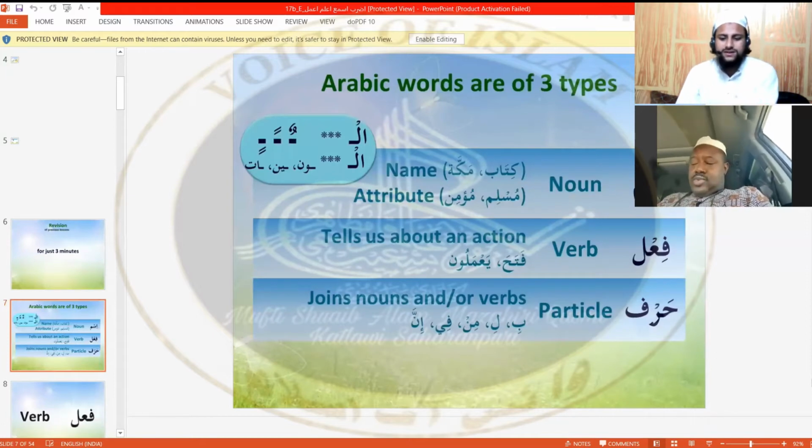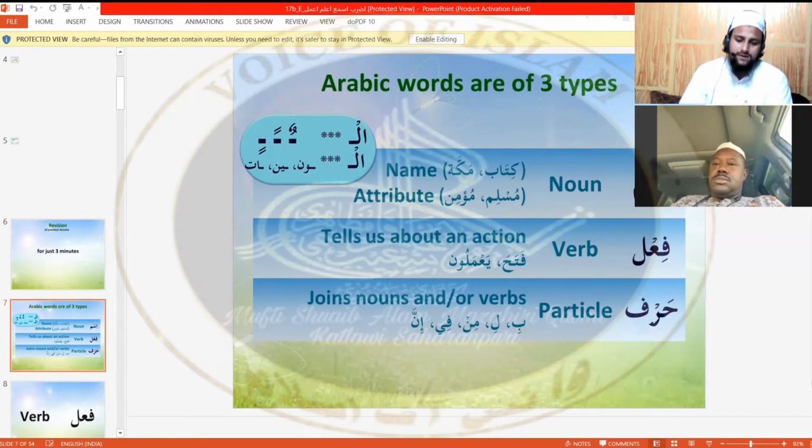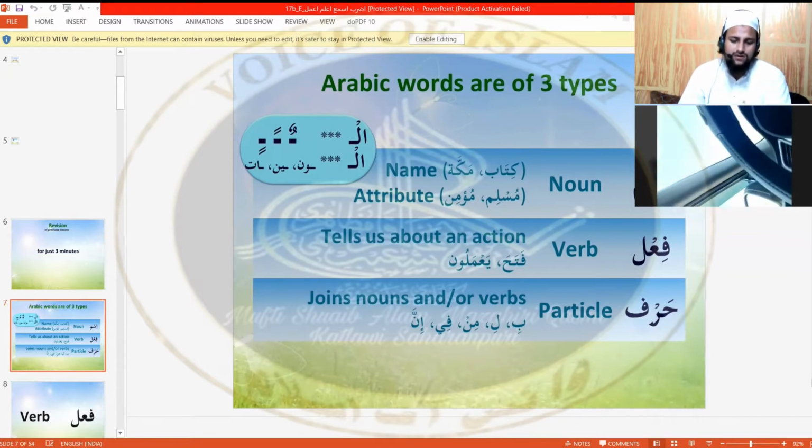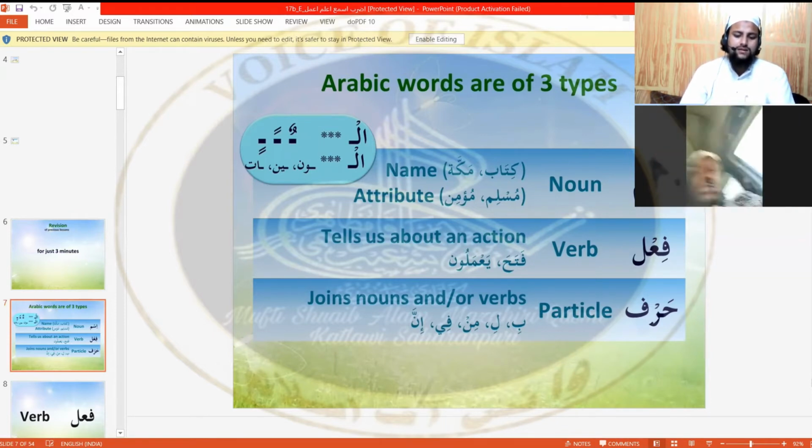Arabic words are of three types. You know as well, mashallah: noun, fi'l, verb, harf, particle. The signs of noun: al at the beginning, and dhammatain, fathatain, kasratain at the end of the word, and un, in are the signs of plural.